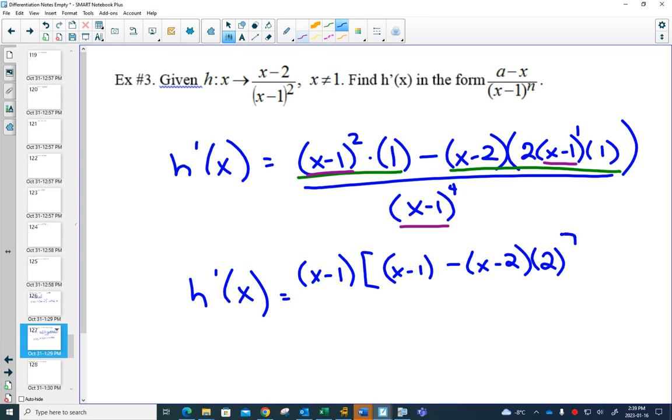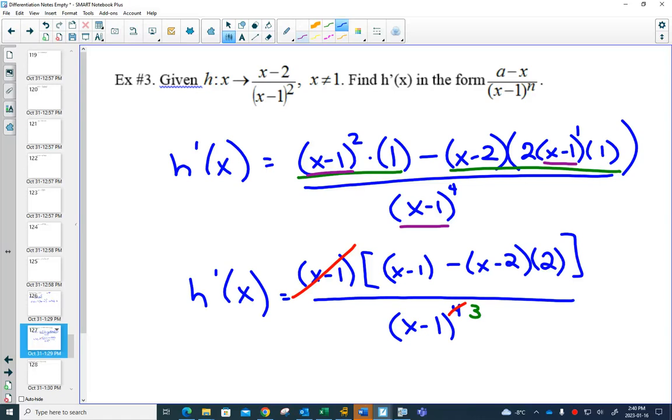Close that square bracket. Technically I have 4 x minus 1s all multiplied together on the bottom. Can you see that this one would cancel out with this one, leaving me with 3 of them? This is going to make your simplification so much easier. If you can factor out a common factor and it simplifies, you're already on the way to making your question